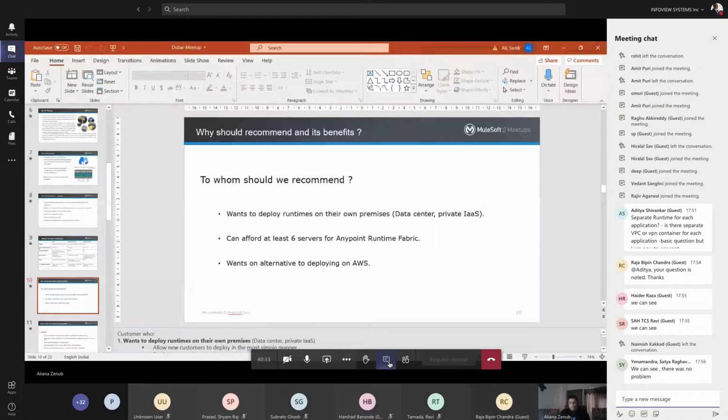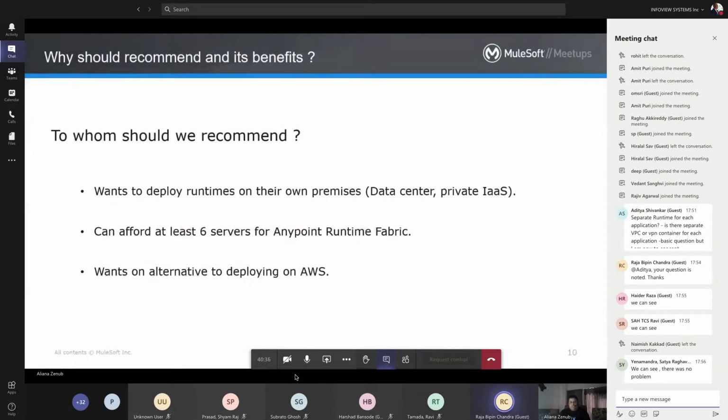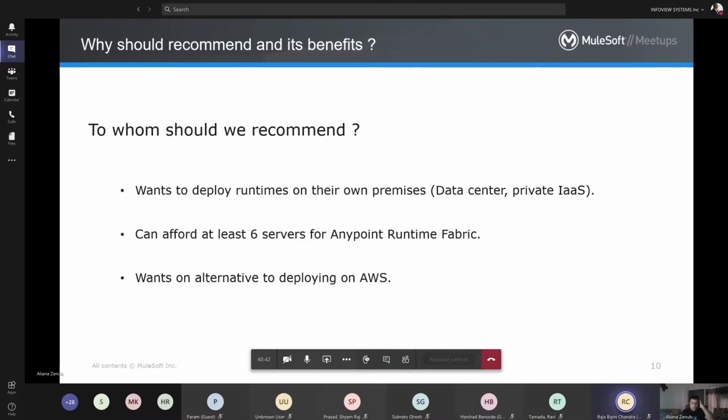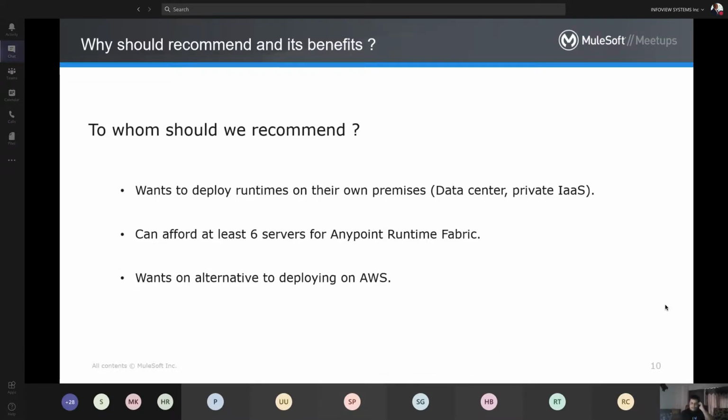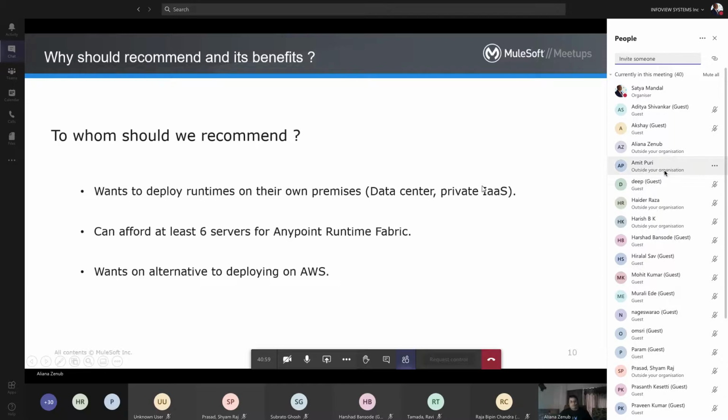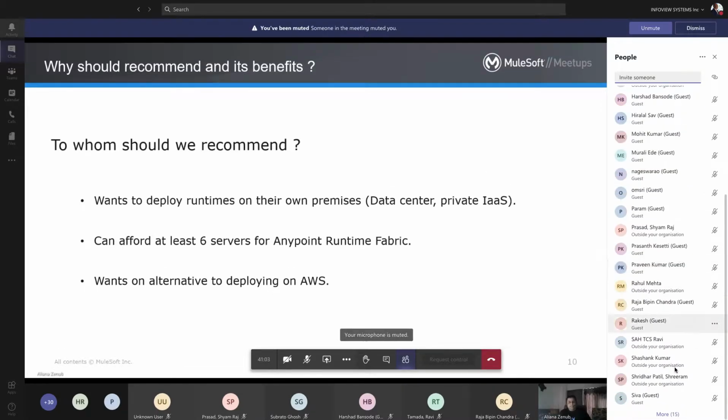Yes, we can see. There is some disturbance. Let me check who is not on mute. Everyone is muted. Yeah, now it's fine. Thanks, Satya.